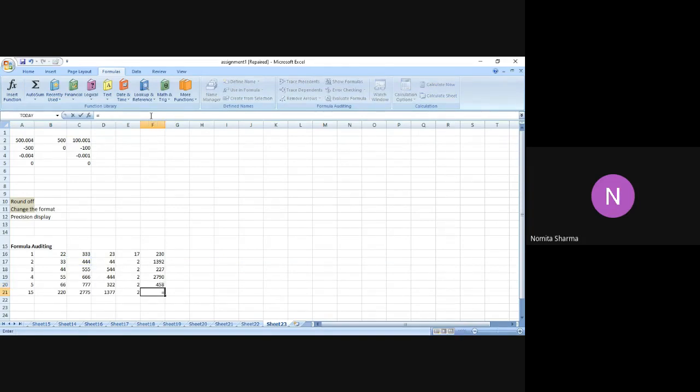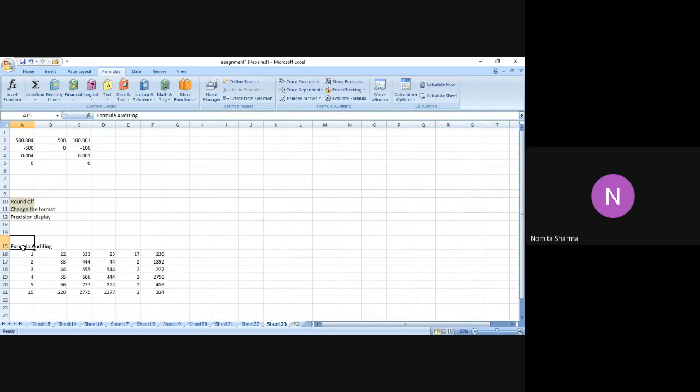So I write D20. I'm just trying to use the formulas which I have used in the previous cells with a reason. And the reason you will understand immediately when I go for formula auditing. So I repeat one more time, formula auditing, no doubt we haven't done that in the theory, but I'll be doing that.